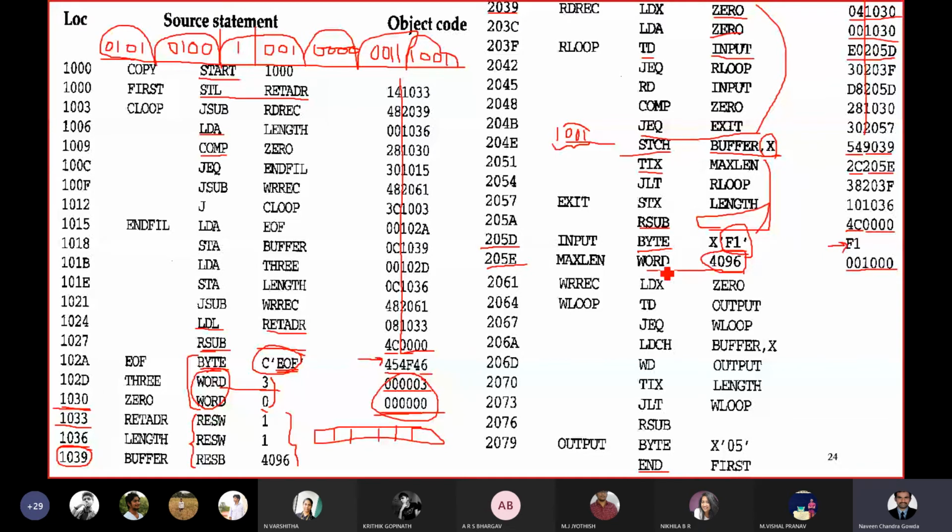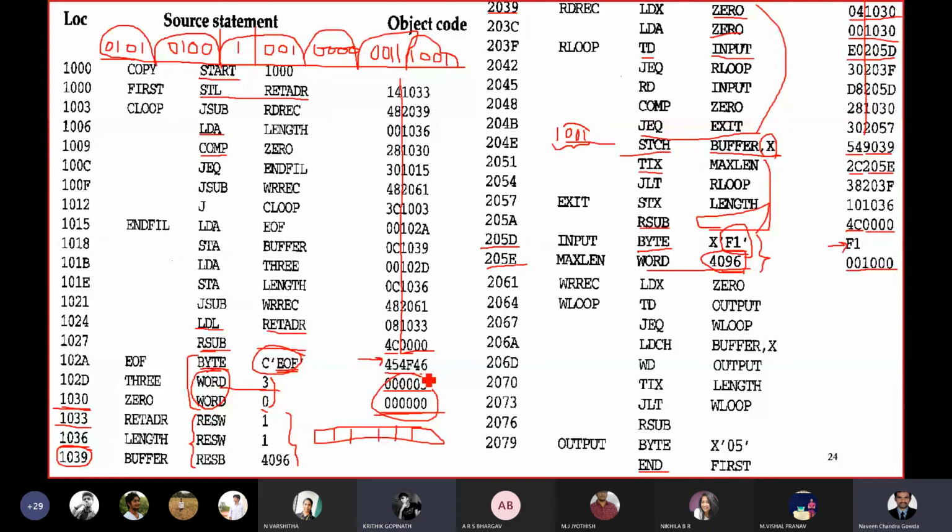So my dear students, for the byte and word instructions, the operand value itself will be the object code. If it is hexadecimal, I directly replace it. If it is decimal, I have to convert and place it. If it is a character, I have to find the respective ASCII and place those as object codes. Is it clear till here, students?